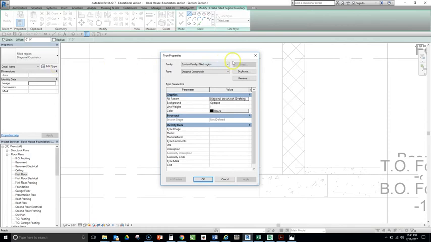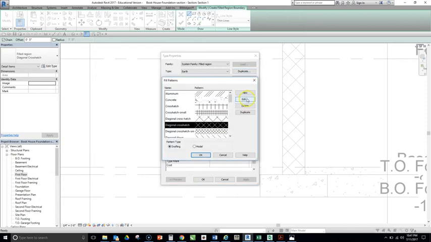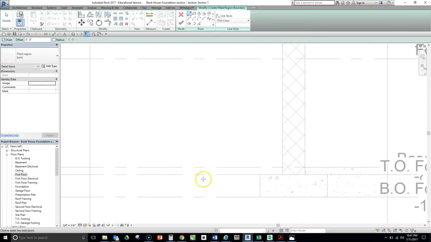I'm going to actually edit type, duplicate it, and I'm just going to call it Earth. Hit OK, and I'm going to change the fill pattern in here to Earth. Then hit OK and OK, and then I'm going to sketch